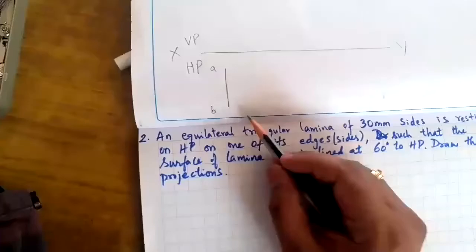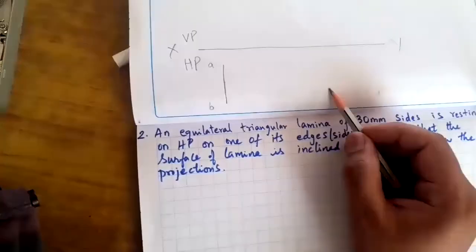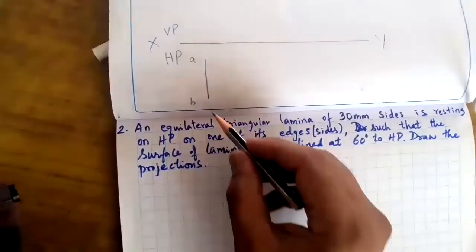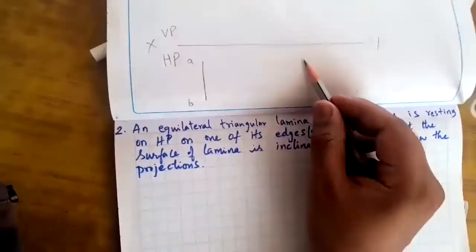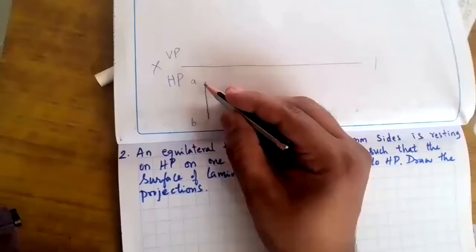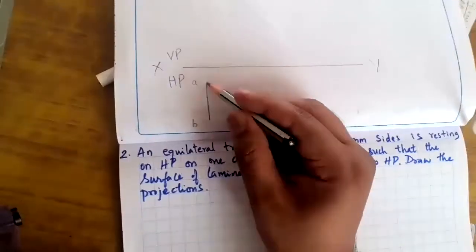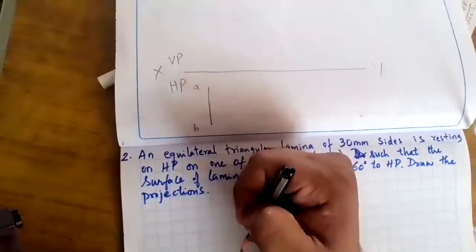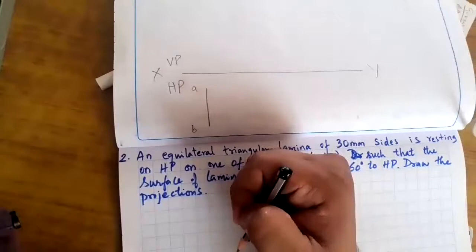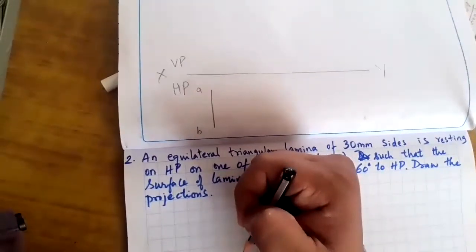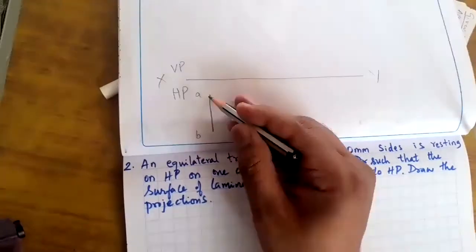After it is inclined, the surface is inclined 60 degrees to HP. I don't know what the apparent shape comes as, how it looks. So I am going to construct an equilateral triangle making an edge on the left hand side. Are you able to get it? Yes, sir. Next, how do you construct an equilateral triangle here, keeping AB as one edge?